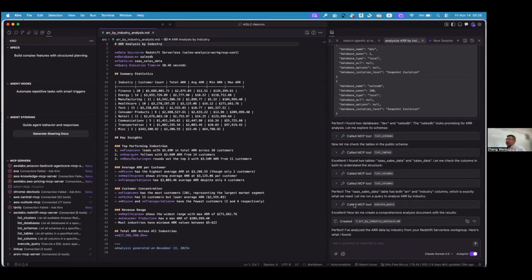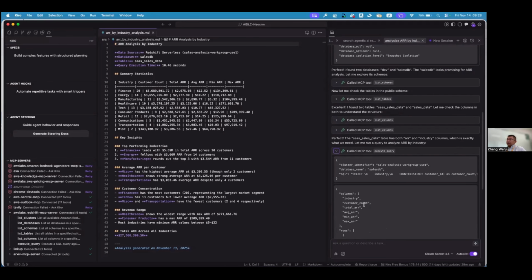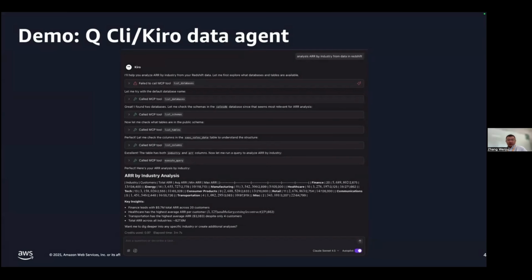Yeah, here is a SQL generated, and then it executes the query immediately after generation and gets the insight from the data warehouse. So this is the first demo for us using a general coding agent for data analysis. Actually, you can even use the AWS command line to analyze data without using an MCP server at all.